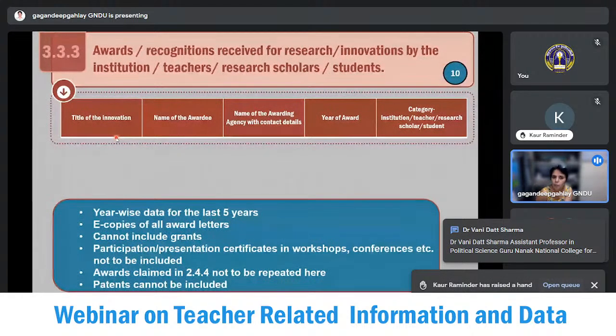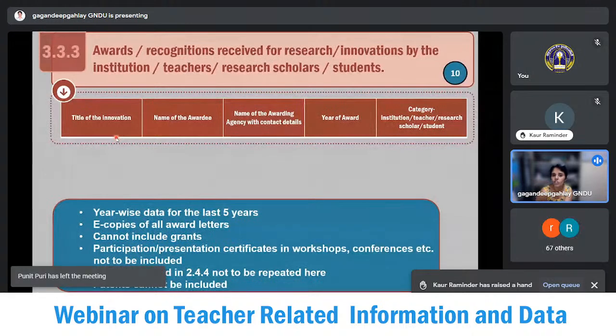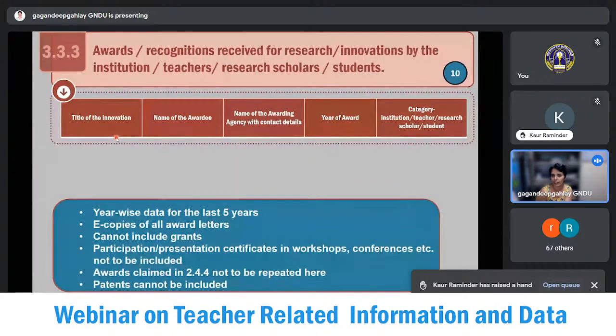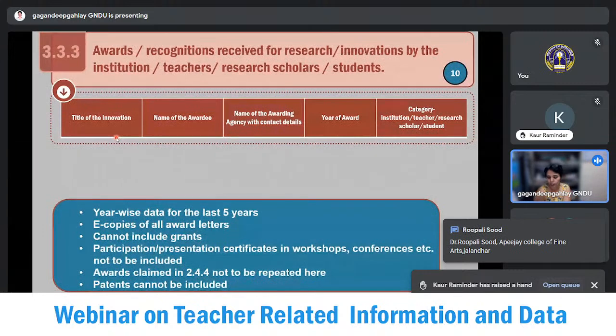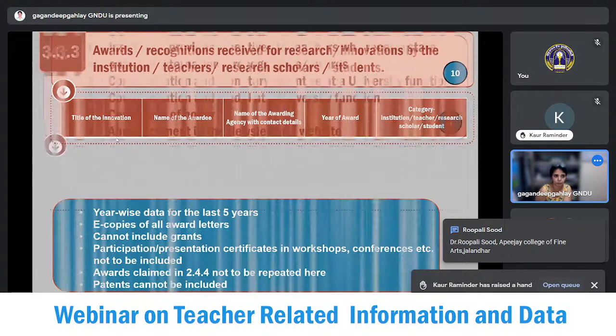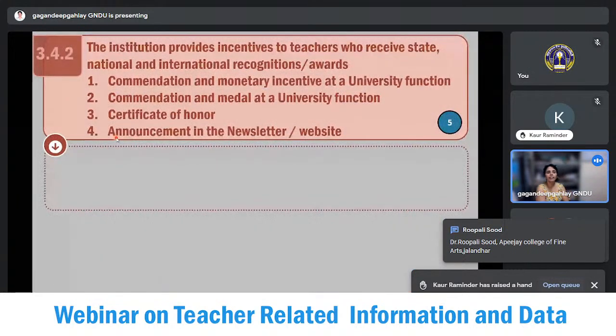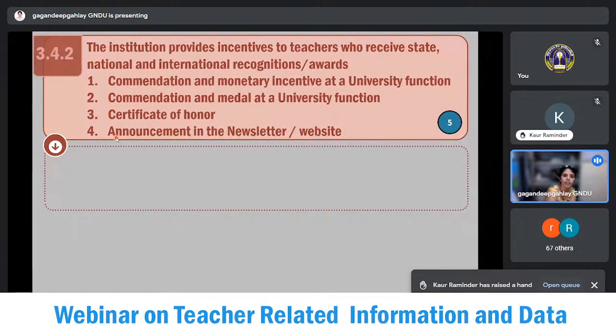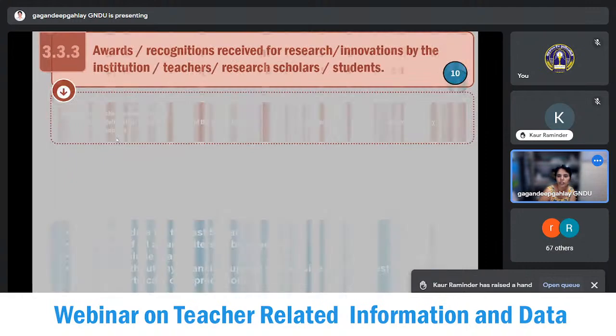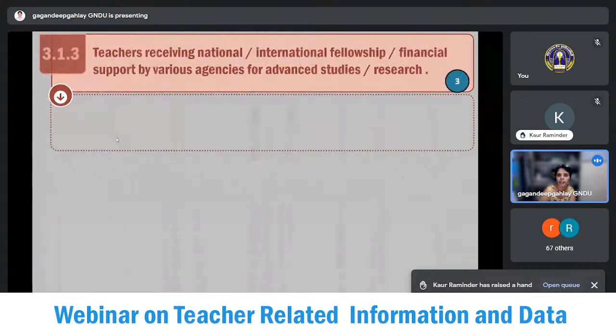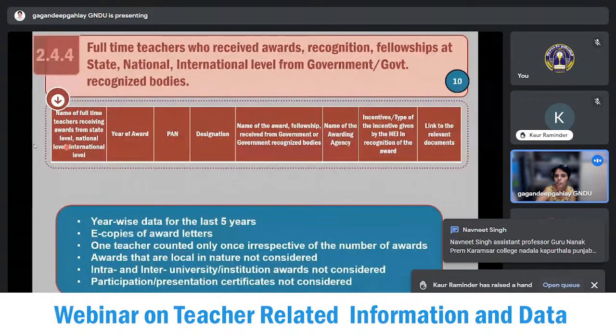It is not important to have thousands or hundreds of teachers with this award. What is more important is we need to have the right number of awards and the important ones, which will help in getting us score in this question. Then in 3.4.2, whichever data we shared in 3.4.1, if you remember, I'll just go there again. This is